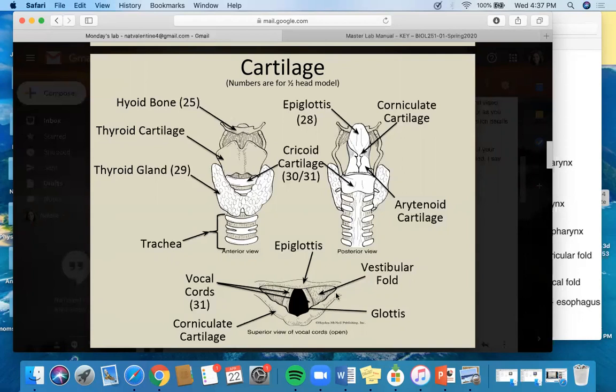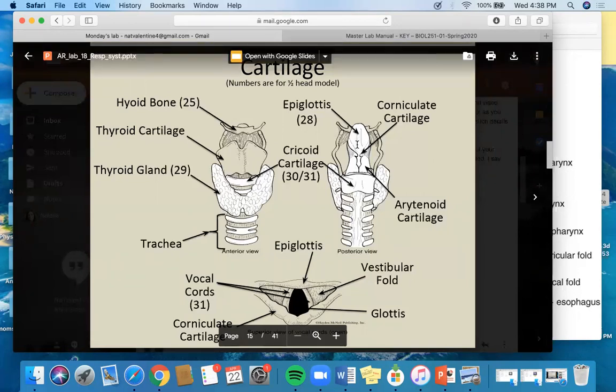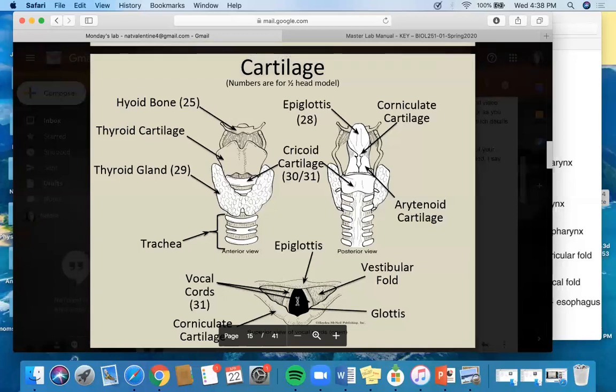Let's see. So if you were to look down someone's throat, if you were looking down this hole right here, this is how it would look. This hole here is called the glottis. And right above it, we have the epiglottis here, which we just went over. So the glottis is the hole that air is going to travel through, and the epiglottis is there to protect the glottis and make sure that no food is going to enter in the glottis and get down to the